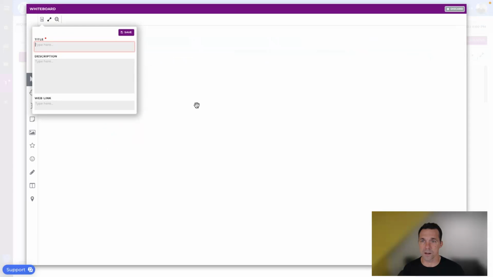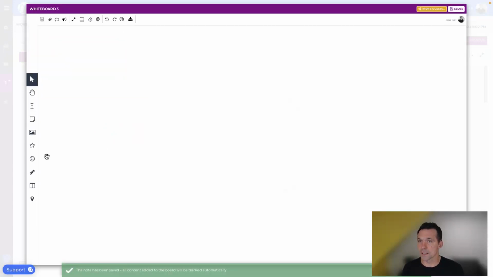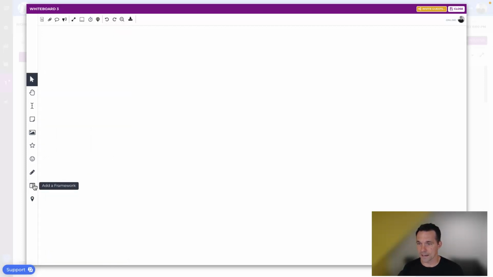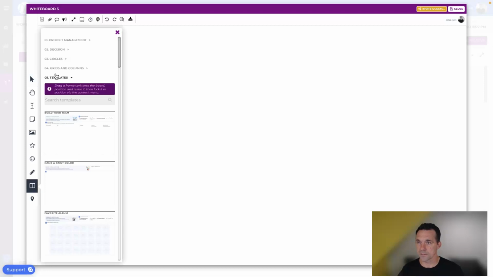When you create a whiteboard within a workspace and you're creating a workshop, like he was for a group of people, you can go to the left-hand menu. It's called the frameworks button here. So adding a framework. There's a number of different options, but under the templates option, the Sprintbase team has added